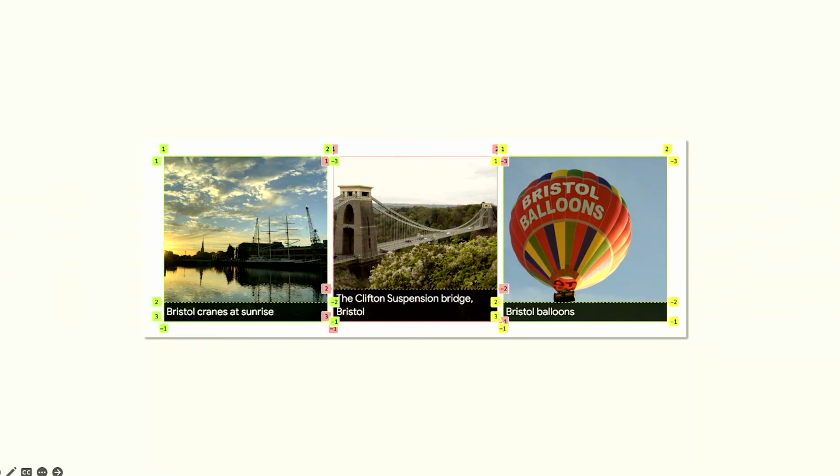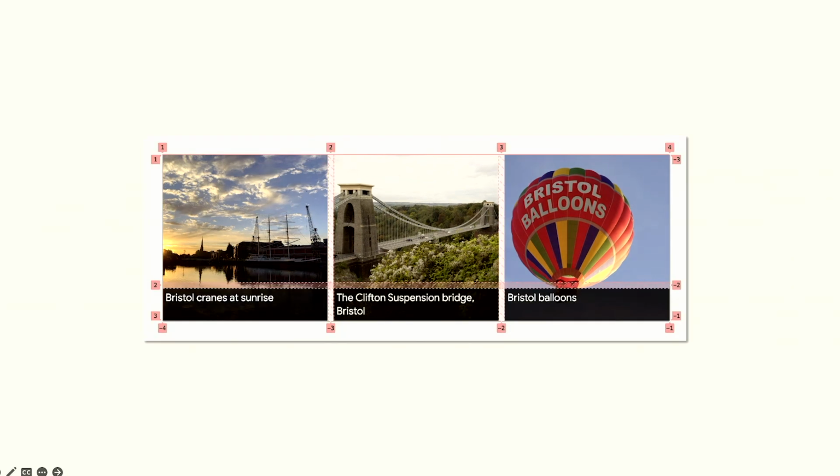They're completely separate things. They're not talking to each other. It's really like the old problem we have with floats. We can't tell one thing to line up to the other. And of course, that's what subgrid solves. We cause each card to span 2 rows of the parent grid, set its grid template rows to subgrid, and now all of the captions are essentially in the same row, and they can respond to each other.